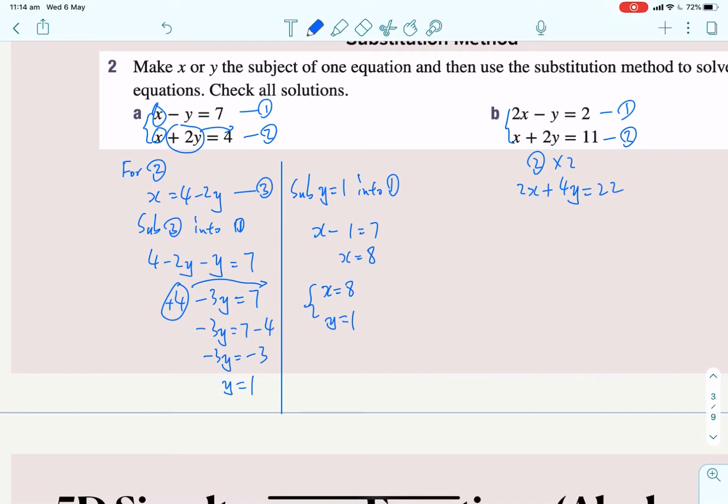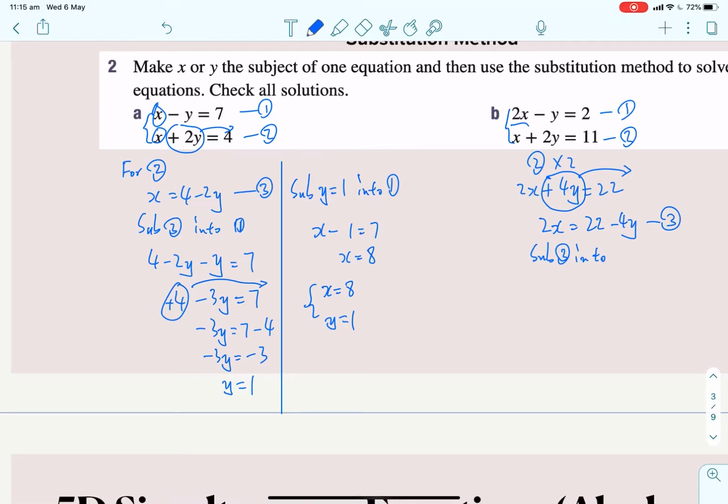Okay, now we got equation 3 here. This one is the same as this, so we can kind of arrange it. Whoops, I don't want this as equation 3. We want to rearrange it. So 2x, we want to move this one to the other side first because we want to substitute in 2x. So we got 22 plus becomes minus 4y. Okay, I make this equation 3. Yeah. Now we can substitute 3